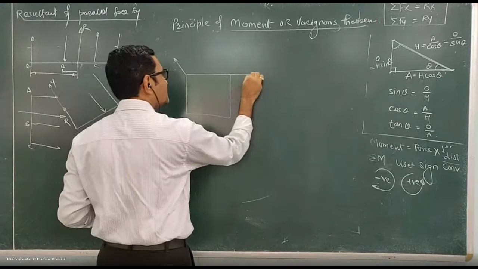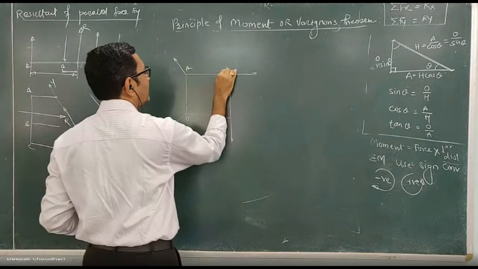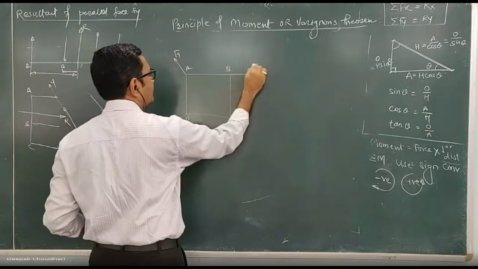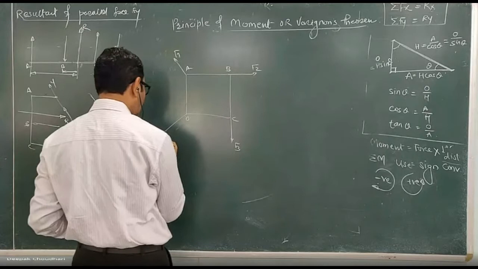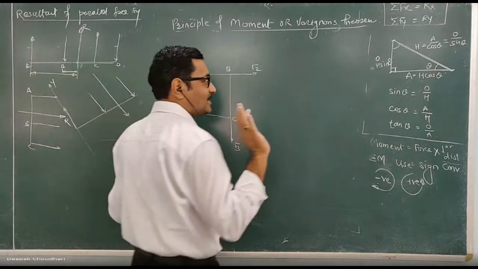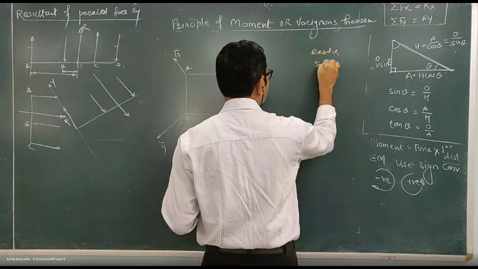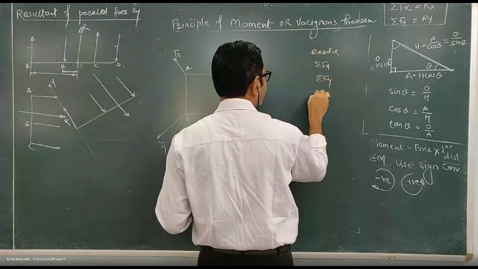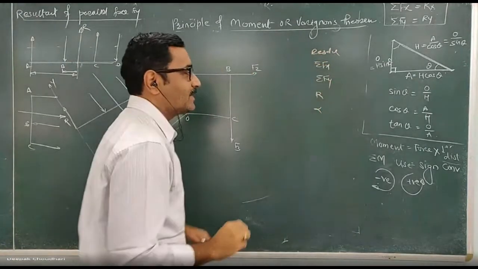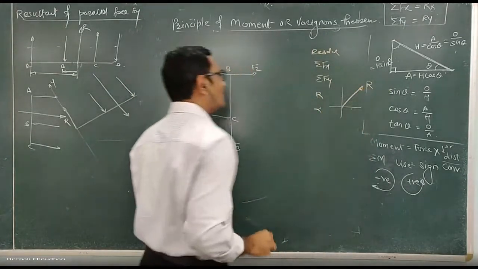If I consider this as a one general force system which is neither concurrent nor parallel, let these points be O, A, B, C. Let these be F1, F2, F3 and F4. Okay, here. Now we can calculate the resultant of these four forces. Here, the first four steps of the resultant are similar to the concurrent force system. First step, resolve. Second step, find summation of Fx, summation of Fy, then R and alpha. These steps are the same. From this you will get the magnitude and direction of the resultant, and you will also know in which quadrant it acts.